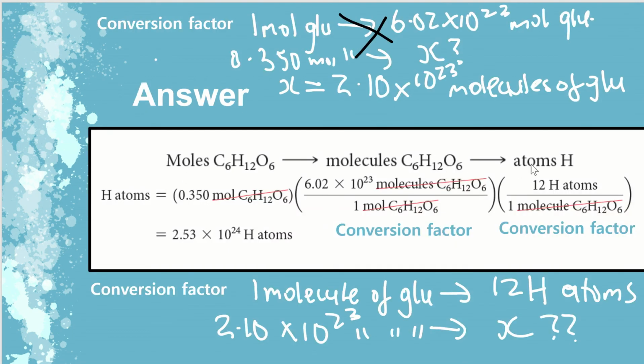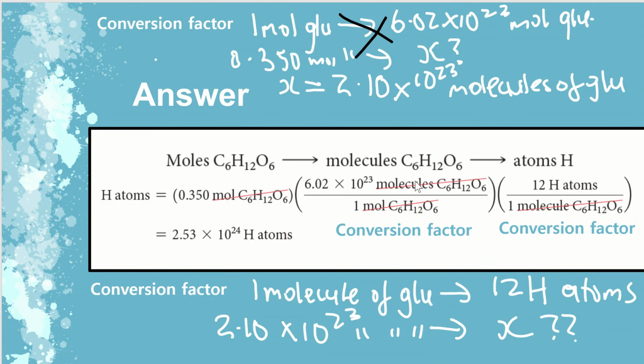So in order to go to atoms, we have to start with moles, and then we have to go to molecules and then to atoms, right? So the question gives us 0.350 mole of glucose, and we have to multiply that by our conversion factor, which is our Avogadro's number, right? So we have to make that multiplication, and whatever value we get when we do that multiplication is equal to